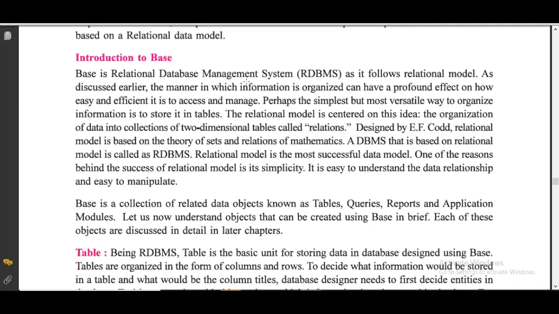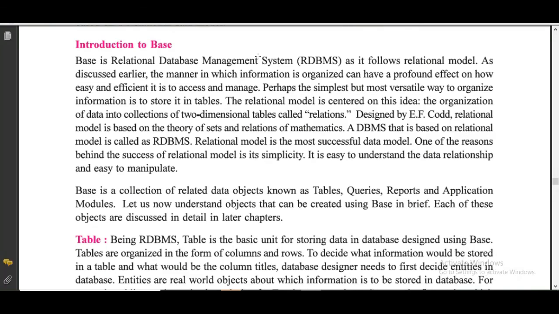Now Base is relational database management system. This is RDBMS. Okay, and this database model is relational model. Now in relational database model, the data is organized into collection of two-dimensional tables, and we call it relations.